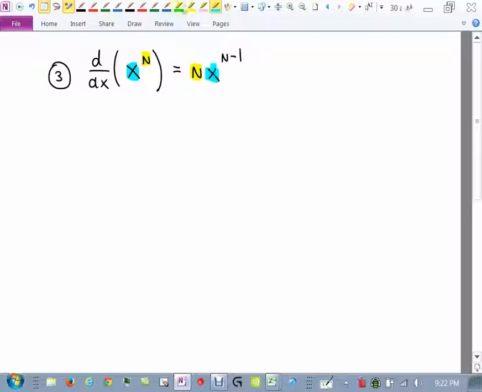and then the exponent is now that power you had before, but take 1 away from it. Now, I'm going to think about whether or not I want to show you why this is true. Let me first show you some examples of this, and then I'll decide if I want to show you why it's true. So here's an example of this. Let's say you have f of x is x squared, and you're asked to find f prime of x, the derivative. Well, since we have x being raised to some power n, we can apply this formula. So the derivative